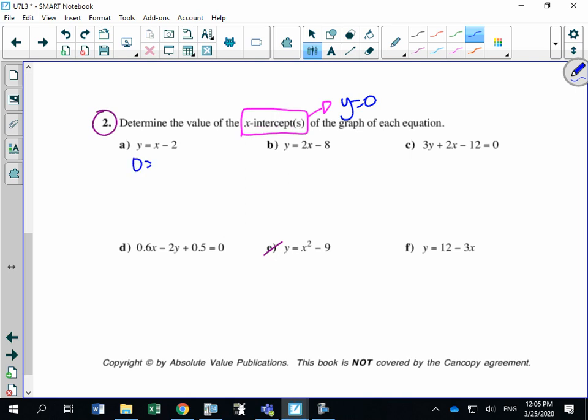So 0 is equal to x minus 2, and we have to solve for x. So add 2 to both sides, and the x-intercept is equal to 2. And that would be my ordered pair, right? For this one, if y was 0,